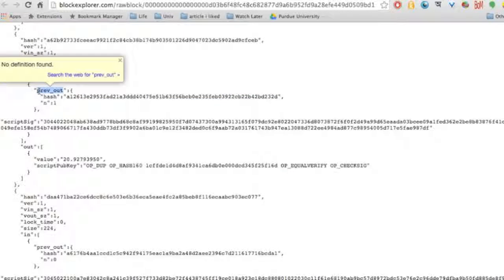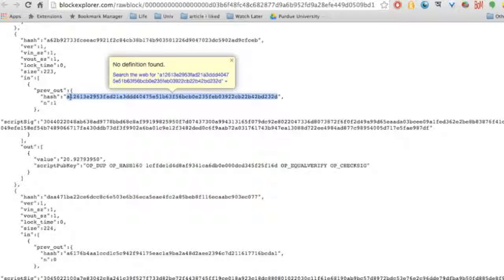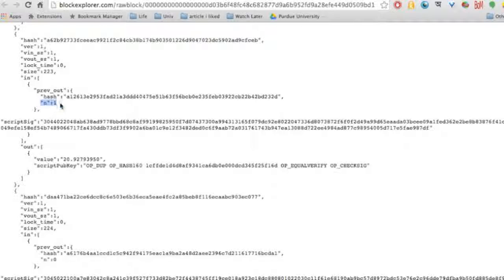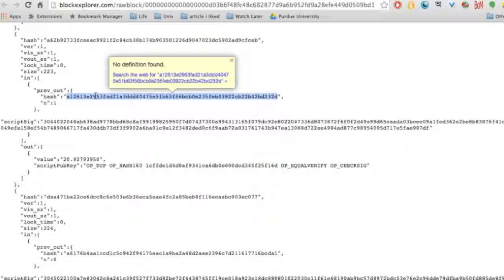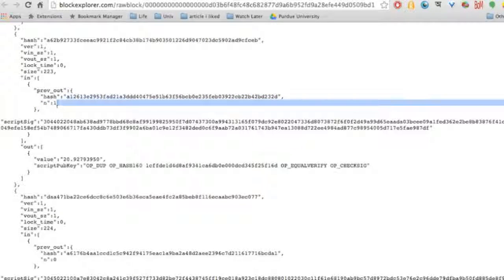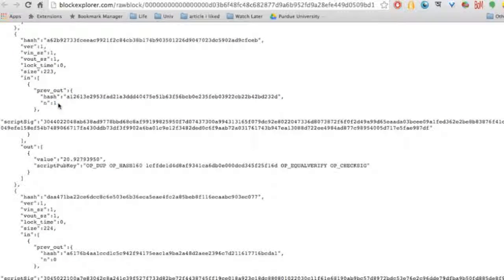So in the previous output, this is actually the hash ID of the block in which the first transaction is. Okay, so basically what it means is, go to this specific block, look at the first transaction,